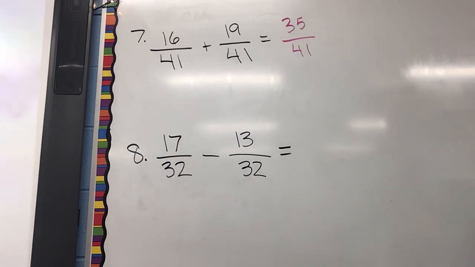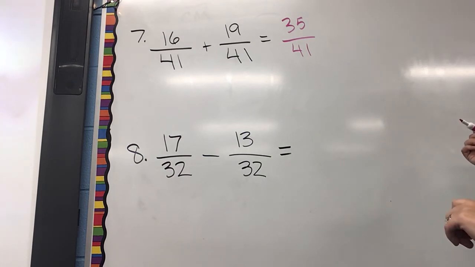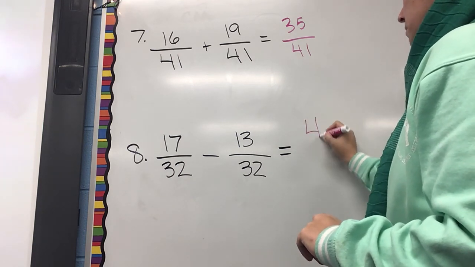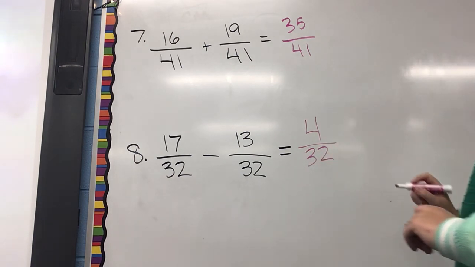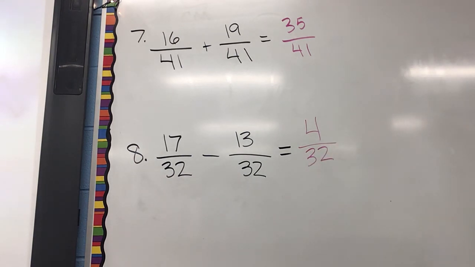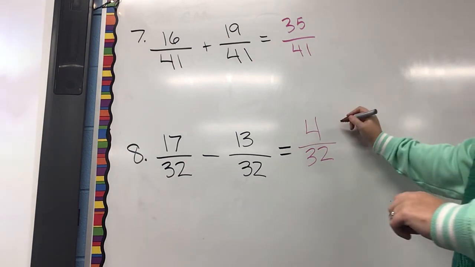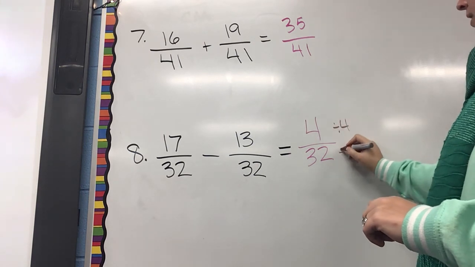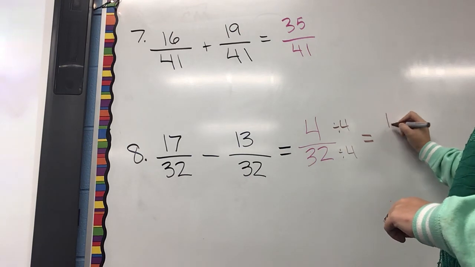Alright, my next one. Do I have like denominators? Yeah. So now I need to add or subtract my numerators. What is 17 minus 13? 4. And then my denominator stays the same. Is this one simplified? No. What could I use as a common factor? Mimi? 4. Now 4, Bradley. Yes, good. What is 4 divided by 4? 1. 32 divided